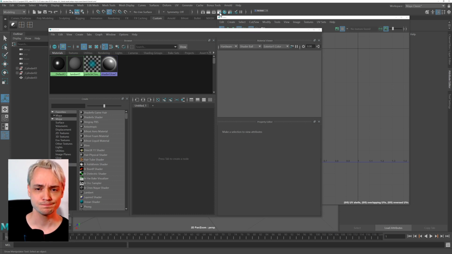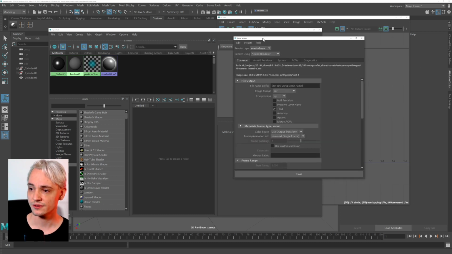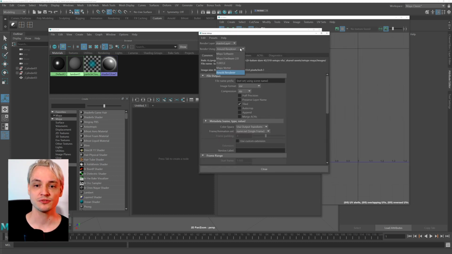And Maya comes, let's open here the render settings, with a couple of renderers. One is called Maya Software, which has been in there since even, I think, 1998, which was the first renderer that Maya came with, which doesn't really have ray tracing, but it's quite fast. But yeah, I think nobody really uses it because, especially with photorealistic rendering and physically correct rendering, it doesn't support a lot of different shaders, so usually you don't